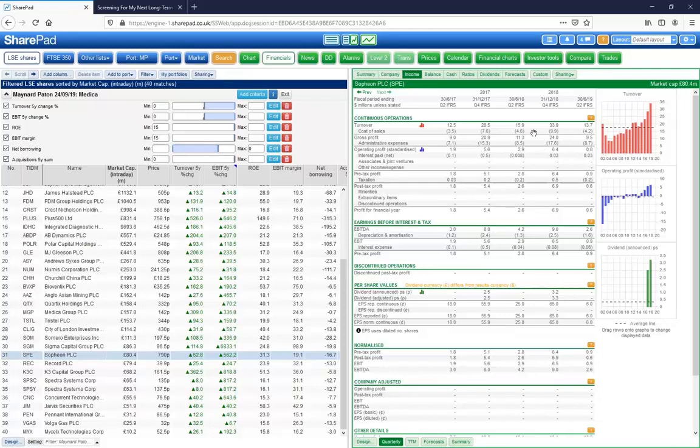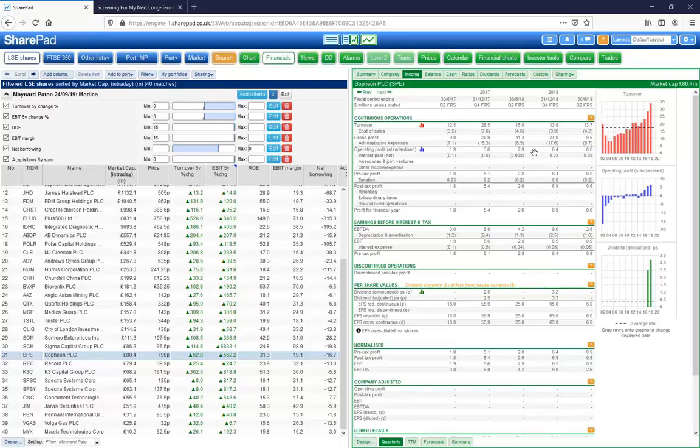which looks ambitious, because when you work out from the previous year 2018, the second half profit was 3.5. So the brokers are expecting a better second half this year than what happened in the second half of the previous year. The same with sales as well. I think the brokers are looking for 22 million of sales in the second half, but it was just 18 in the second half of the previous year. So I think the brokers are looking for 10 to 15% growth in the second half over and above what was achieved last year,